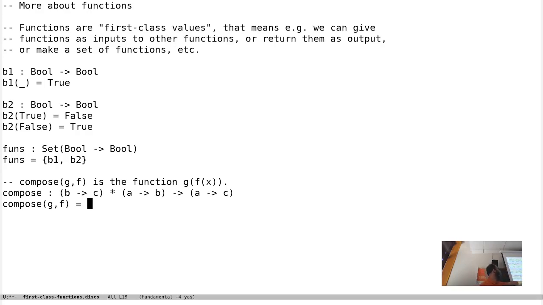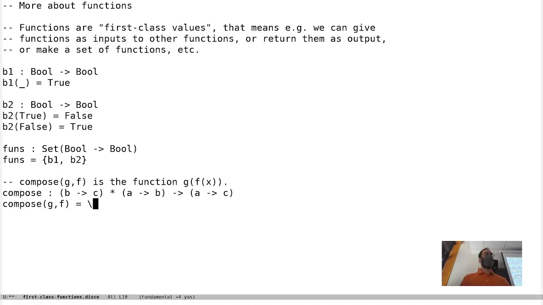But I can't just declare something with a type and a name right in the middle of some other definition. So there's actually a way to create so-called anonymous functions. So I'll write here what we're going to do, and then I'll talk through how it works. So I can say, for example,